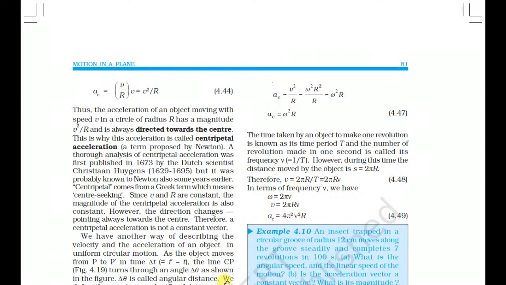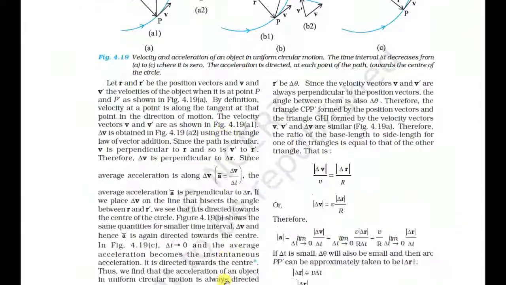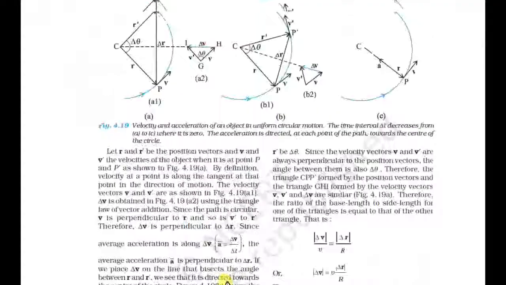So these are our uniform circular motion equations. Also this is our derivation for the circular path. If you couldn't understand this in this lecture,